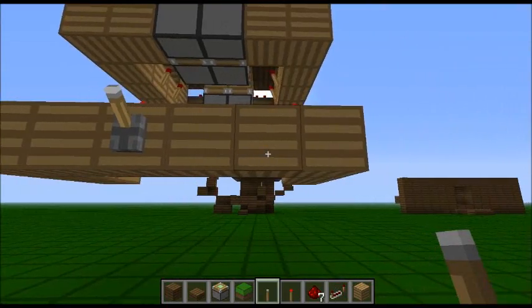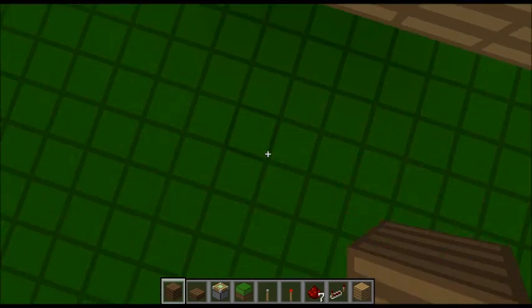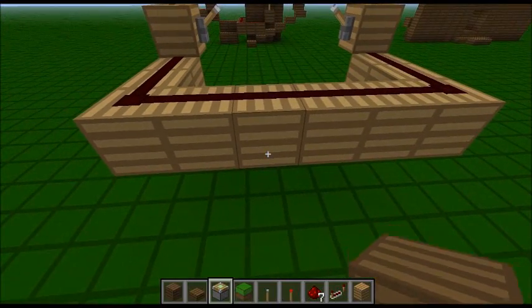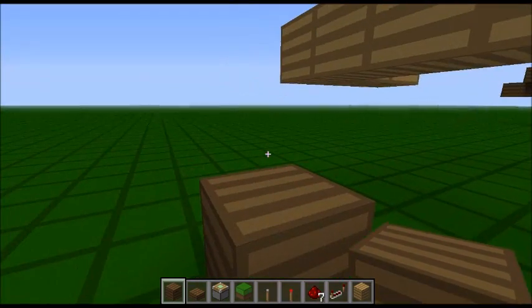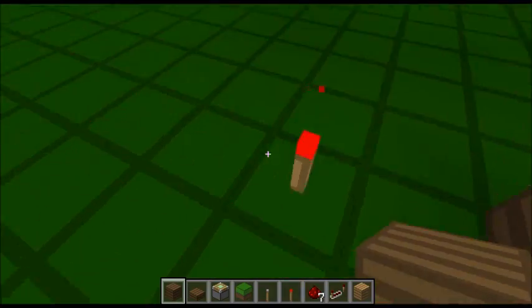But the T flip-flop, I think I've shown it to you in one of my Powered by Redstone videos, but it's pretty simple to do anyway, so not exactly onerous. What you do is, let me get my bearings. Okay, so do